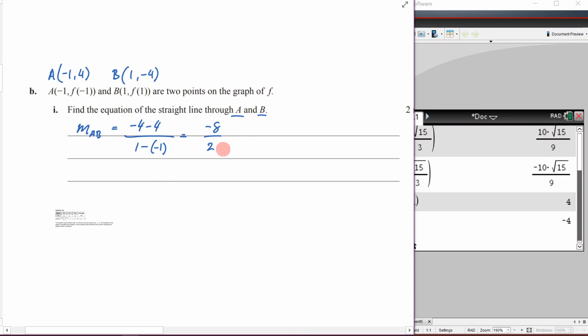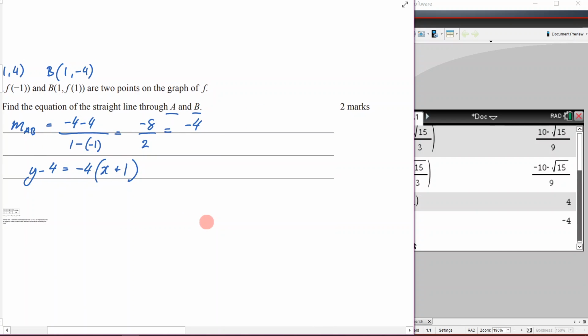This is going to be +2, which is going to be -4. And now I can do this. I can go y minus, and let's use this point. So that means I'm going to subtract 4 equals my gradient, -4, x minus, now it's going to be minus -1, which is going to be +1. All right, so my final thing here is going to be y equals -4x minus 4